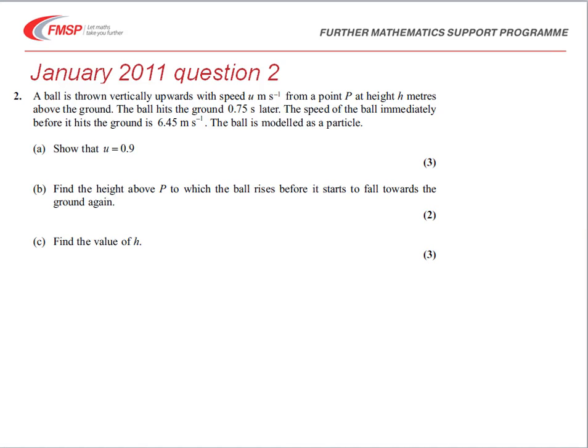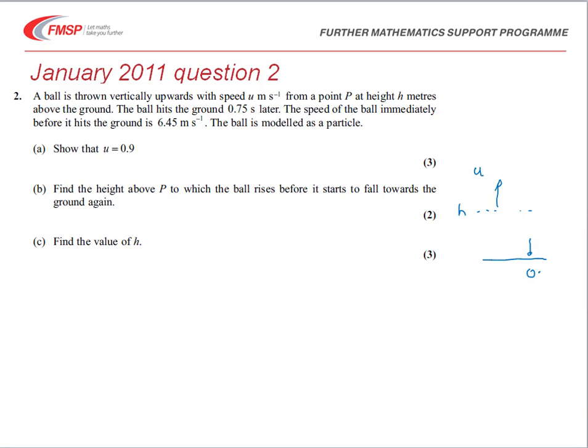Right, here's a typical question then with the SUVAT equations. Just reading through the question: a ball thrown vertically upwards with speed u from a point P h meters above the ground. So just drawing a diagram as we do that then, we're starting off at some position h and an initial velocity upwards of u meters per second. The ball goes up and then hits the ground